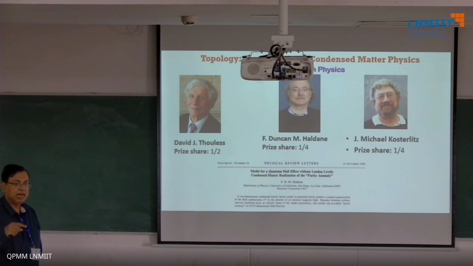So it means that it has a plus sign if you go clockwise and a minus sign if you go anti-clockwise. If you do that, it is equivalent to breaking the time reversal symmetry. So for getting a Hall effect, you don't need a magnetic field. You just need to break the time reversal symmetry, and a magnetic field anyway does break time reversal symmetry, which was there in the experiment. So this was one of the developments, and this is called the Haldane model.